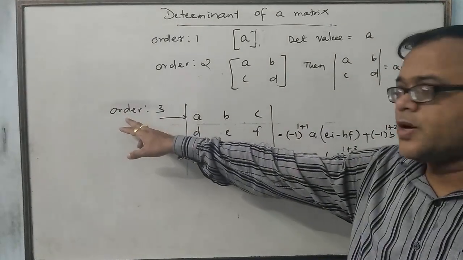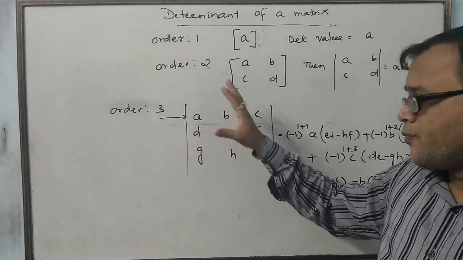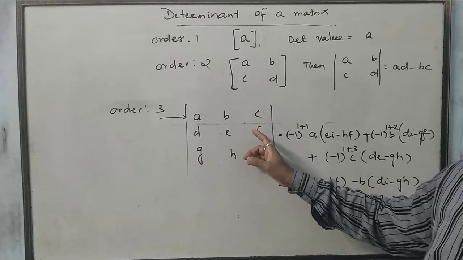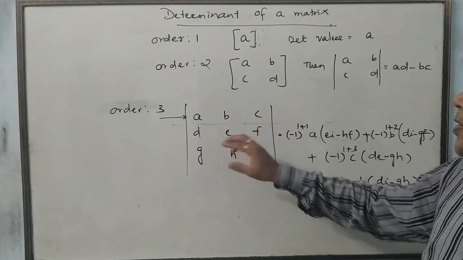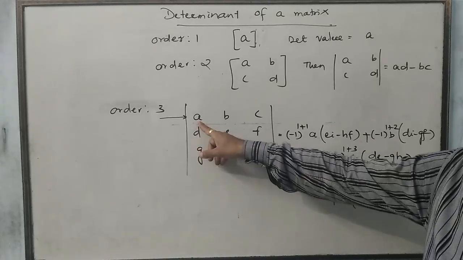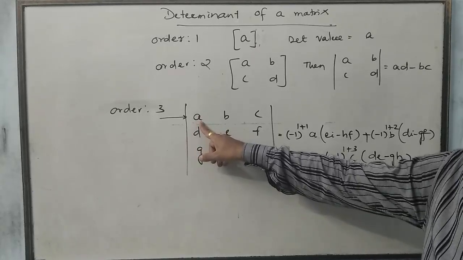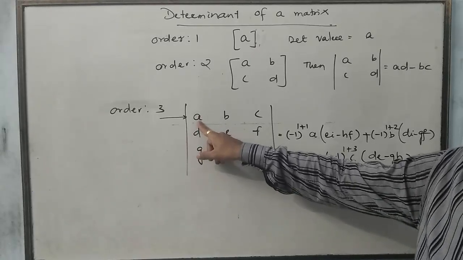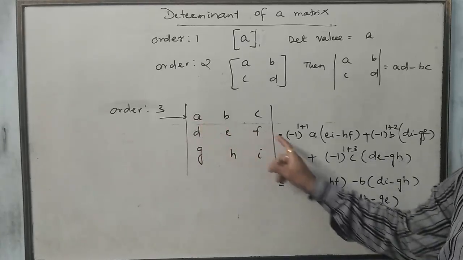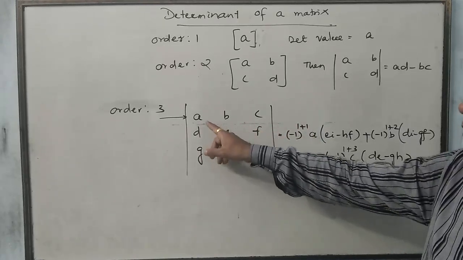Next we are talking about the determinant of matrix order 3. While you are finding the value of a determinant of order 3, we have already discussed in the previous video that its sign would be first changed. Its sign would be minus 1 to the power of row number plus column number. Here row number is 1, column number is 1. So I have written minus 1 to the power of 1 plus 1. So A will be assigned with sign,